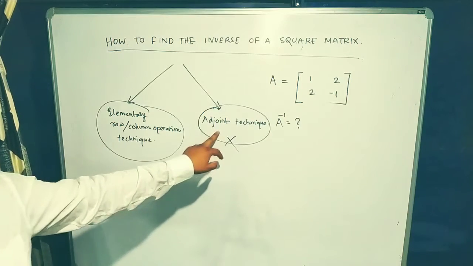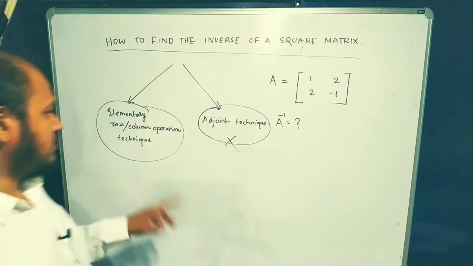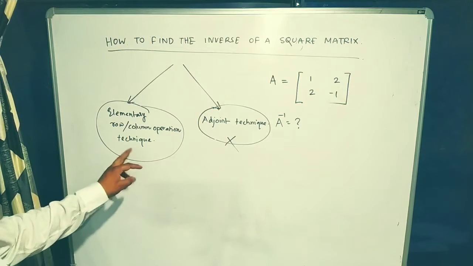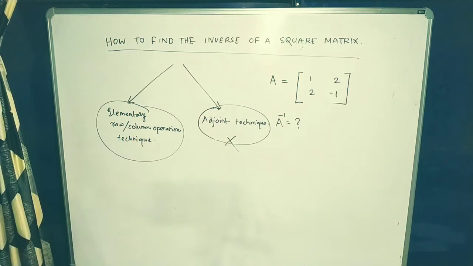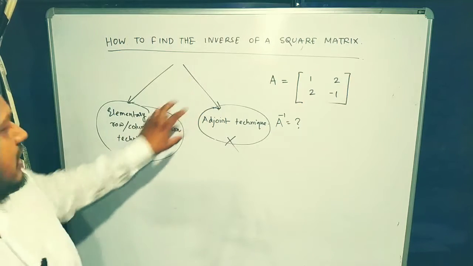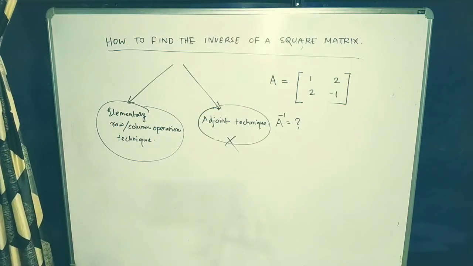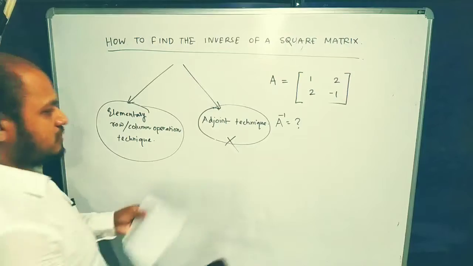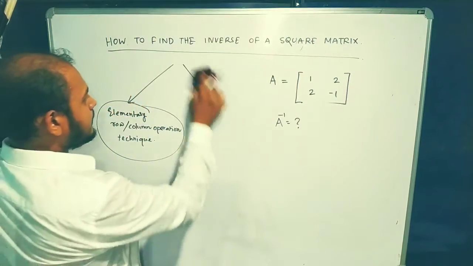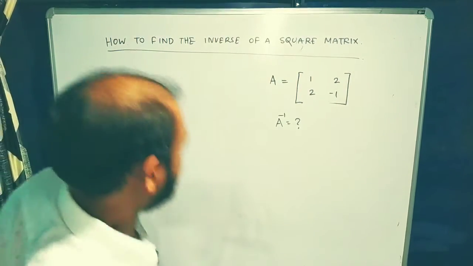But this is the most easy technique out of these two. But unfortunately your syllabus does not have this technique. Your syllabus deals with only this elementary row column operation technique. So because of this, I started this class with elementary row column operation. I solved some example on elementary row column operation so that you may be able to do this technique to find the inverse of a square matrix in an easy manner. So since this is not in your syllabus, not in your NCERT book, I am going to skip it. But this is the easier of the two. So we will only deal with elementary row column operation technique.